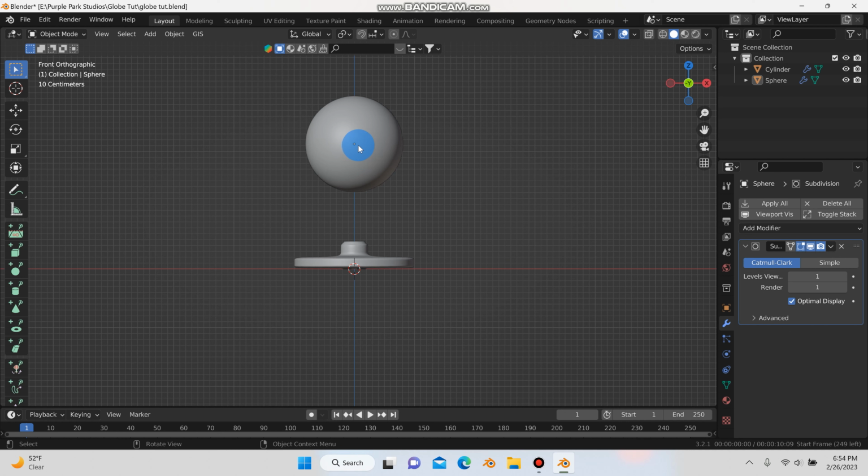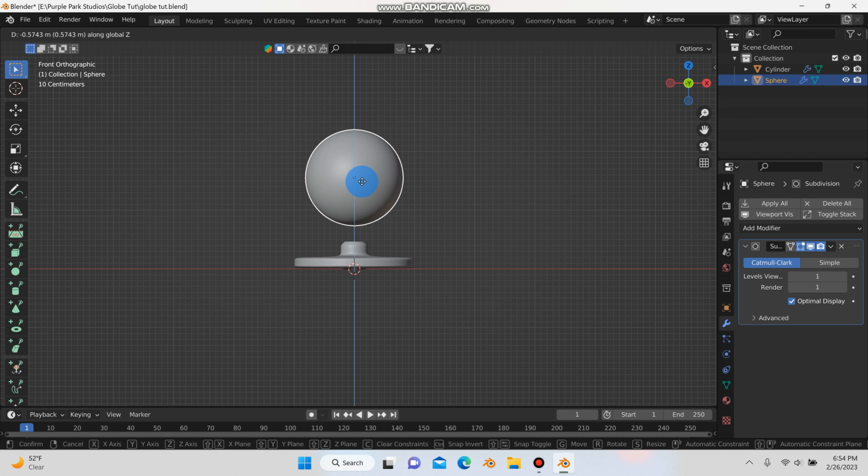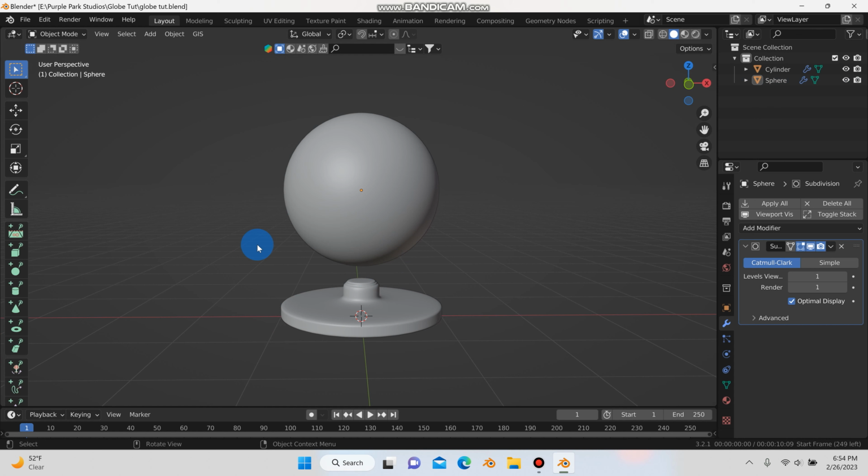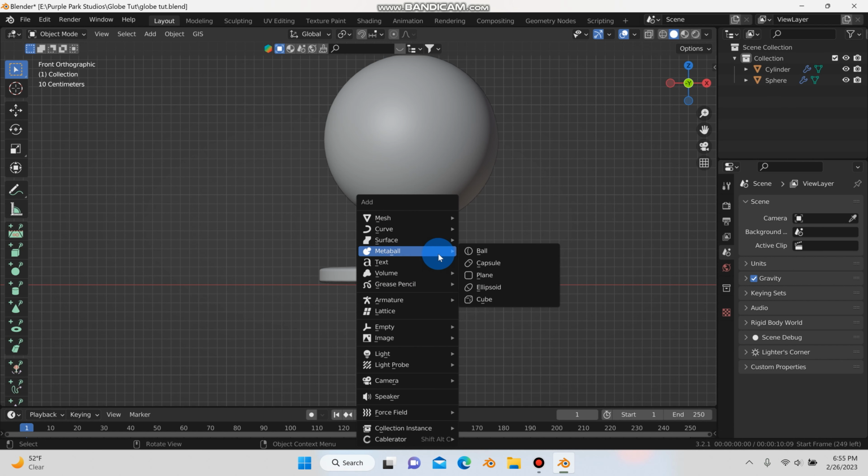What we can do is just left click and select our sphere, hit G and Z, and just move it down like this, and maybe we'll just scale it up a little bit. And this you can use your reference or just use your eye to whatever you think looks good. So normally globes are tilted a bit, but we're actually going to model everything straight up, and then we'll tilt it at the end. So next I'm going to hit Shift A, and I'm going to go to Mesh, and